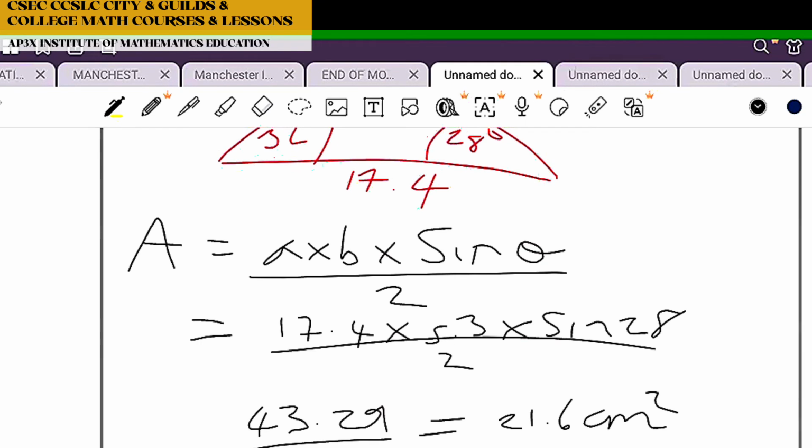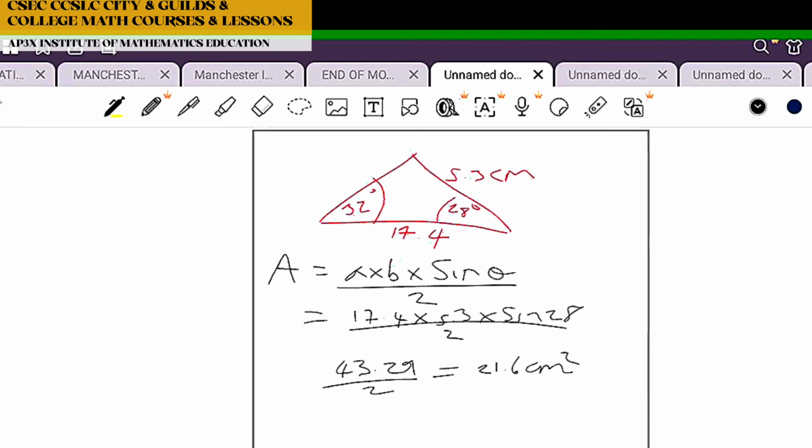Now, the majority of the time, it's very rare that you're going to get to use this formula just by a blank diagram like that. Most of the time, when I have to use this formula, the triangle is stuck in a circle. But because we haven't reached circles as yet, I can't apply that concept to you yet. So we're going to take a pause off the triangle. That's the end of triangles when it comes to area.